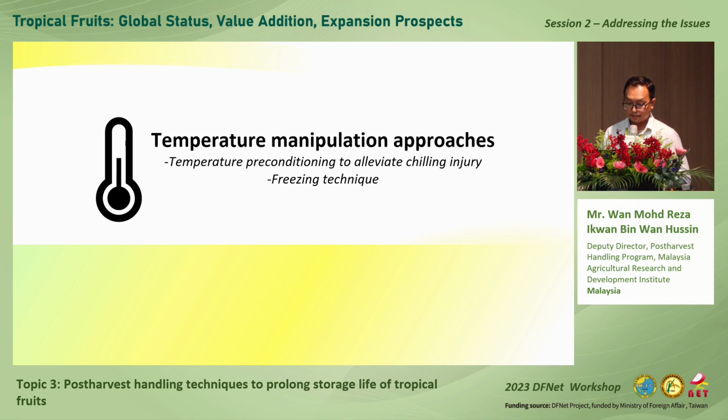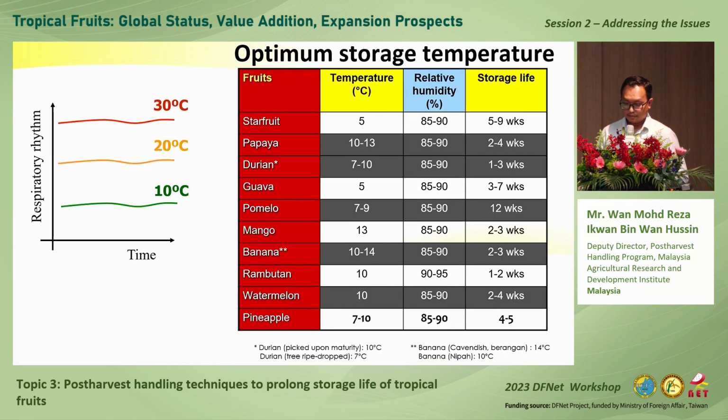So let's start with the first strategy, the temperature manipulation approach. We know that respiration is directly related with temperature. The lower the temperature, the lower the respiration will be. But it is not as simple as that, because each fruit has its own optimum temperature that it can withstand, especially tropical fruit. They are susceptible to chilling injury, and as stated in this table, as you can see,